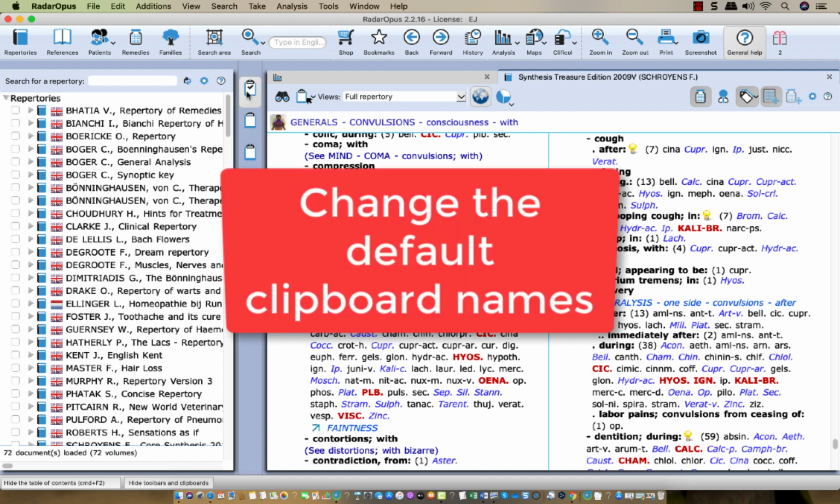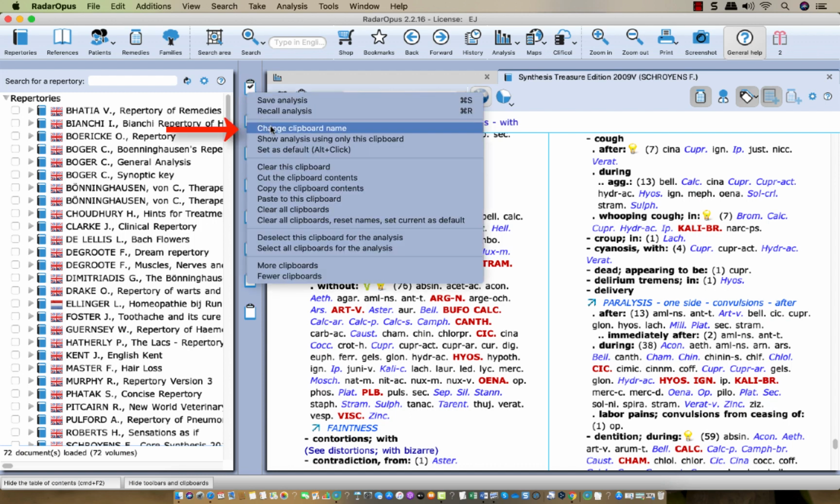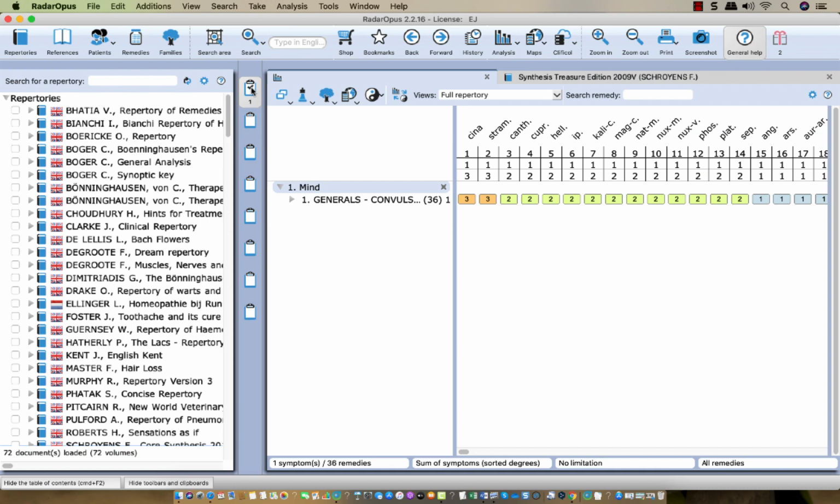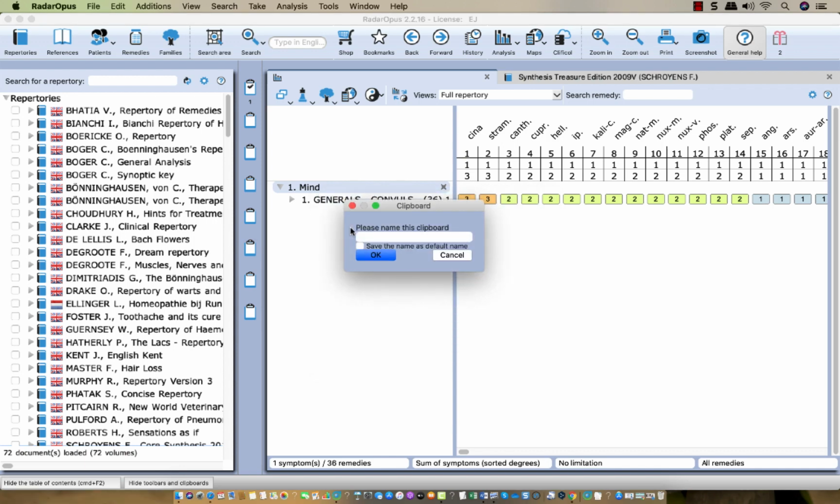So first, how to change a clipboard name permanently. You can right mouse click on it, and here you find change clipboard name. But you can also open the clipboard. Let me take one symptom first, and I open the clipboard. Here you see the name of the clipboard, and I can right mouse click and say change clipboard name, and just as an example, I write here